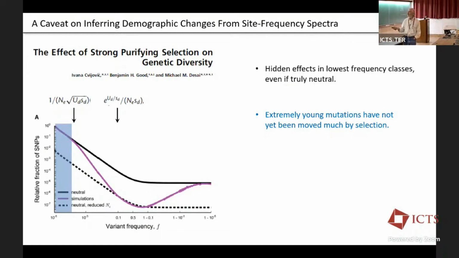To measure frequencies like that, you need more than 100,000 individuals. So this is way down deep. These are really rare alleles in populations. And this is the expected site frequency spectrum for neutral alleles. And so these guys below this pivot point here are behaving neutrally, really rare alleles.